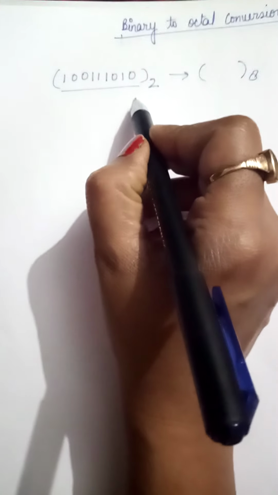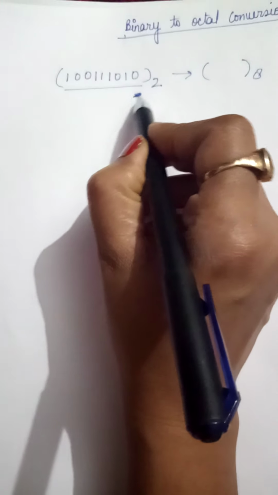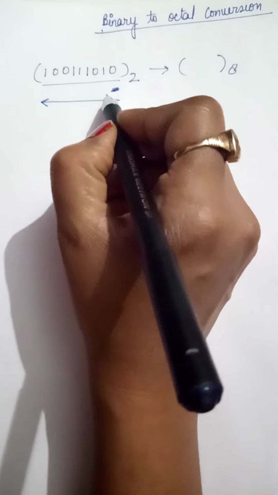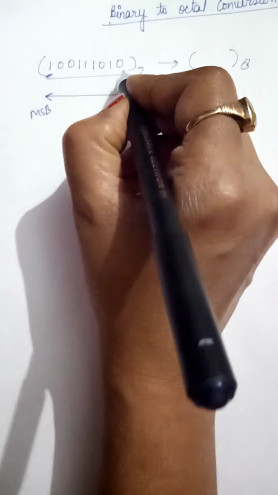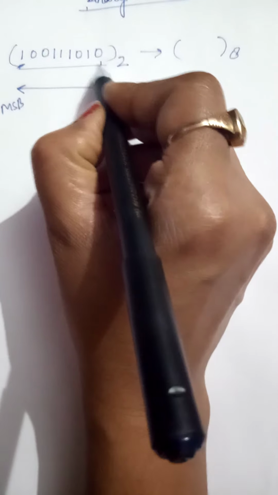Okay, so you will make the group of 3 bits starting at the LSB, least significant bit. Okay, in this direction you will make the group of 3 bits starting from the LSB to MSB, most significant bit. Okay, so I am going to make the group of 3 bits